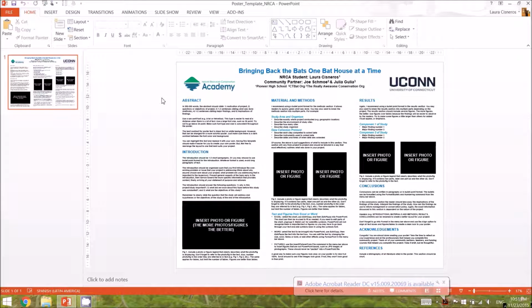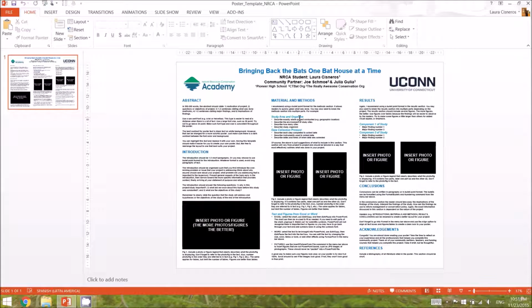Okay, we're now going to start editing each section of the poster. And we typically start with the material and methods section because we know what we're going to do for a project or we've already completed it, so it's easy to list out the various steps. The introduction, results, and conclusion sections require a little bit more research or analyses, so why not start with the